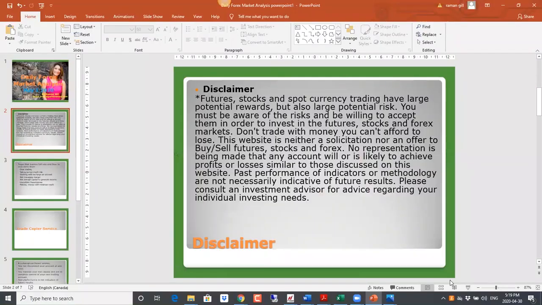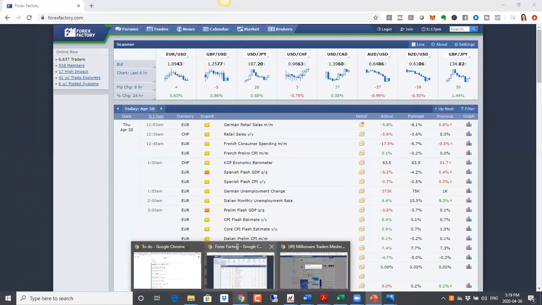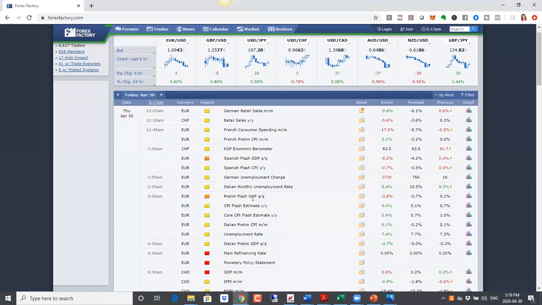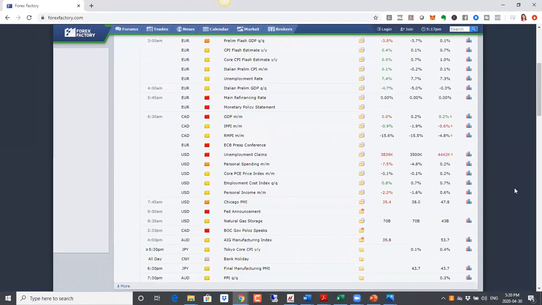As usual, we'll start off by taking a look at our calendar here. In terms of the data that came out today, we did have ECB, and ECB essentially reiterated their support for the markets as we had expected them to do. And then we had a bunch of data out of the US. Now the jobs numbers here came in worse than expected, and we did see US dollar drop as a result.